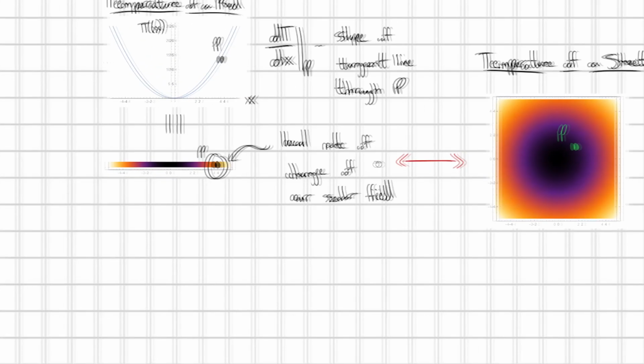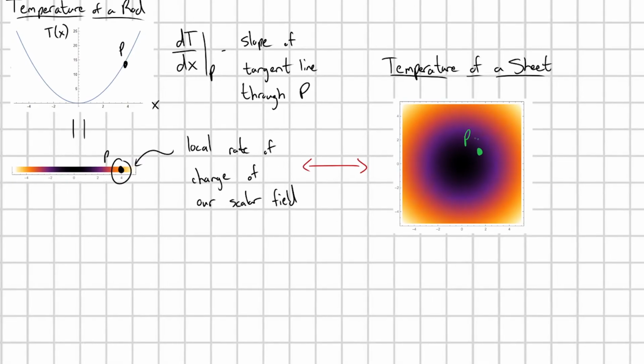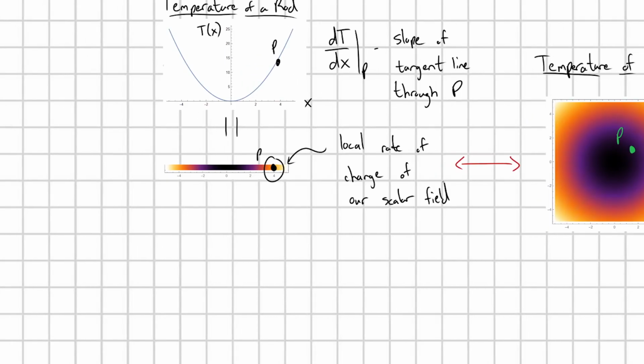But now there's some ambiguity when we go up to 2D. Now I could move potentially in any direction out from point P. I could move out any of these 360 degrees. So which direction am I moving out to describe the quote-unquote local rate of change of my scalar field? And I think I'll be able to make this really clear if I go back to the temperature of the